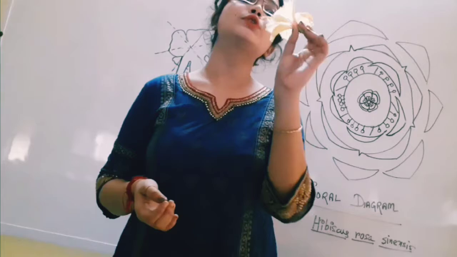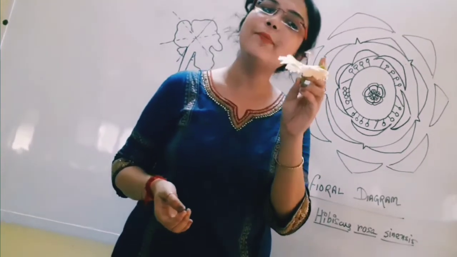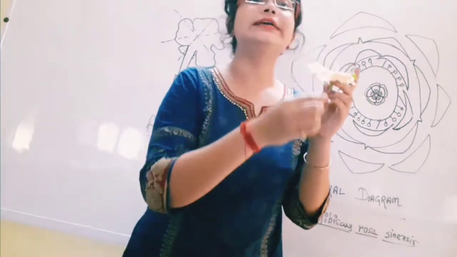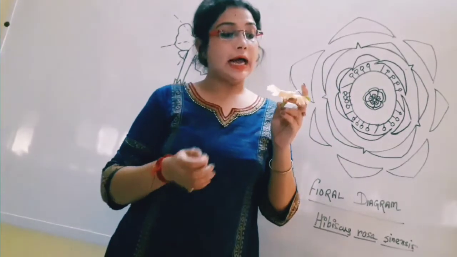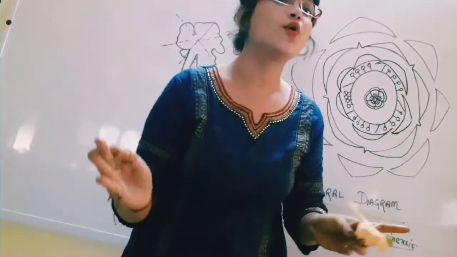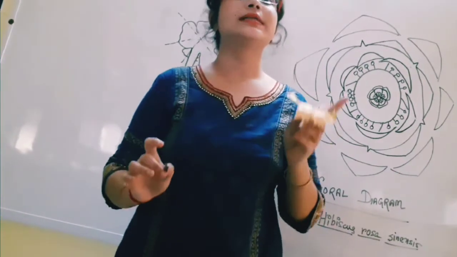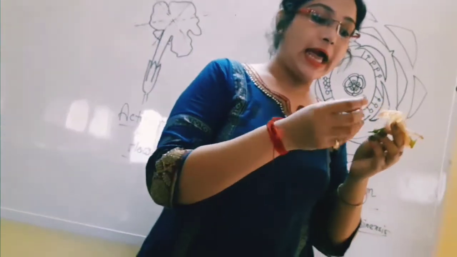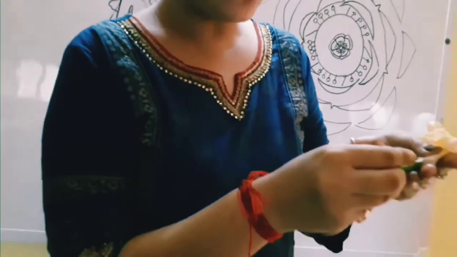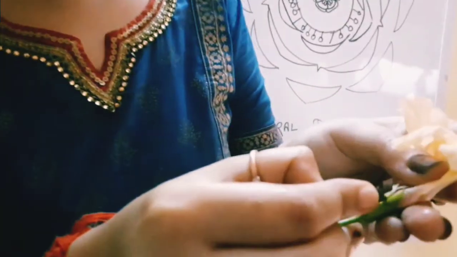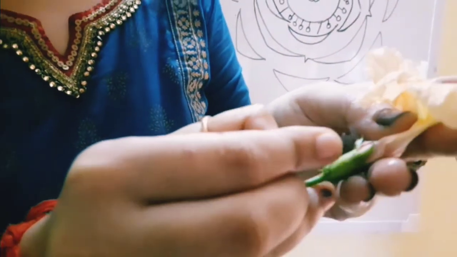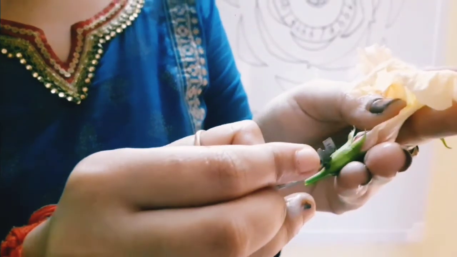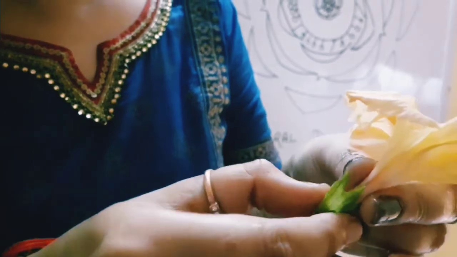We have to cut all the parts of the flower vertically, longitudinally, and one by one we have to arrange the whole flower to show the Ellis view of the flower. So now we are going to start. At first, all the flower parts we have to dissect in this way, and at first we have to separate the sepals from this whole part.